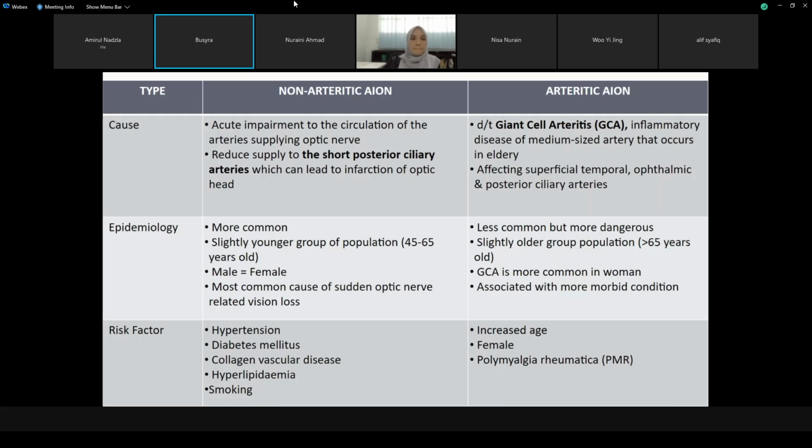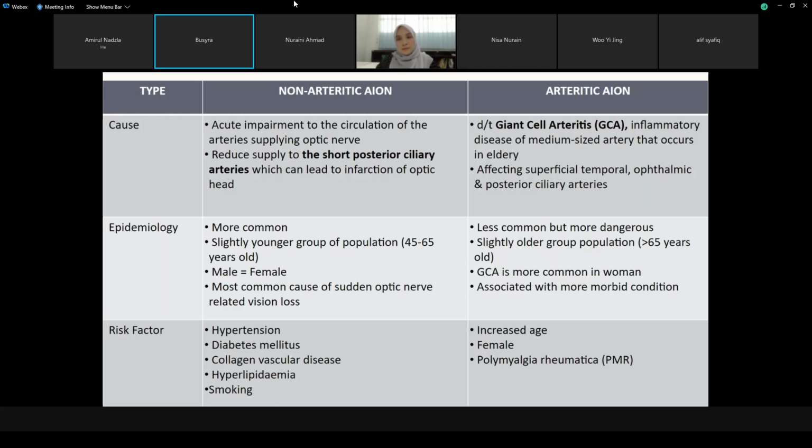Epidemiologically, the non-arthritic is more common than arthritic, and it involves the younger group of population between the age of 45 to 65 years old, and it also affects more male than female. And then the non-arthritic is the most common cause of the sudden optic nerve related loss of vision. Okay, for the arthritic, it is less common compared to the non-arthritic, but it is more dangerous and also